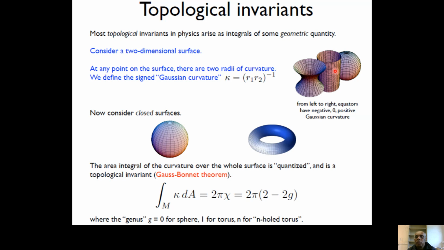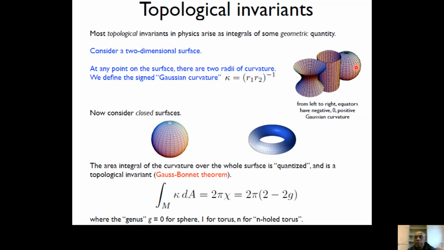These three structures: the one in the middle has zero Gaussian curvature, because you can see R1 and R2 are like infinite, right? So that means you have Gaussian curvature 0. But if you look at the one on the left, it has negative Gaussian curvature, because of its structure. The one on the right, that's more like the sphere, has positive Gaussian curvature. The K is positive for that one.